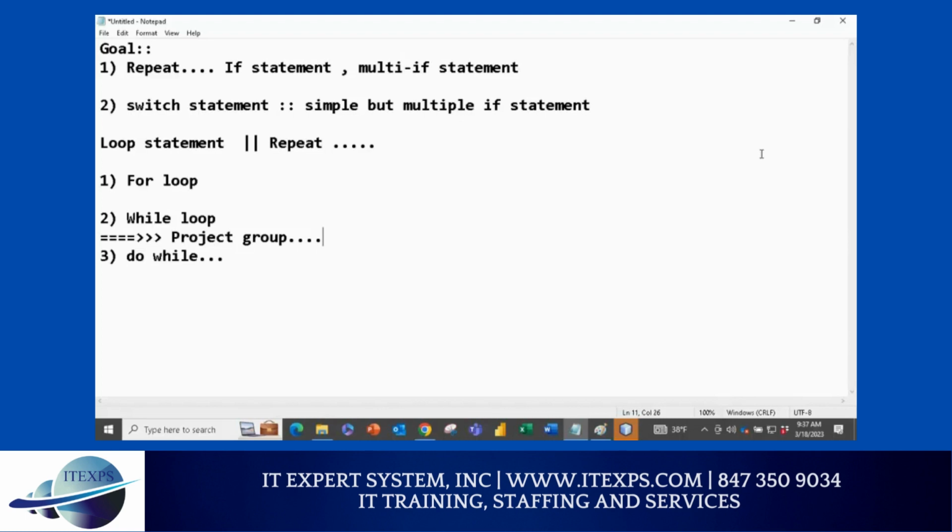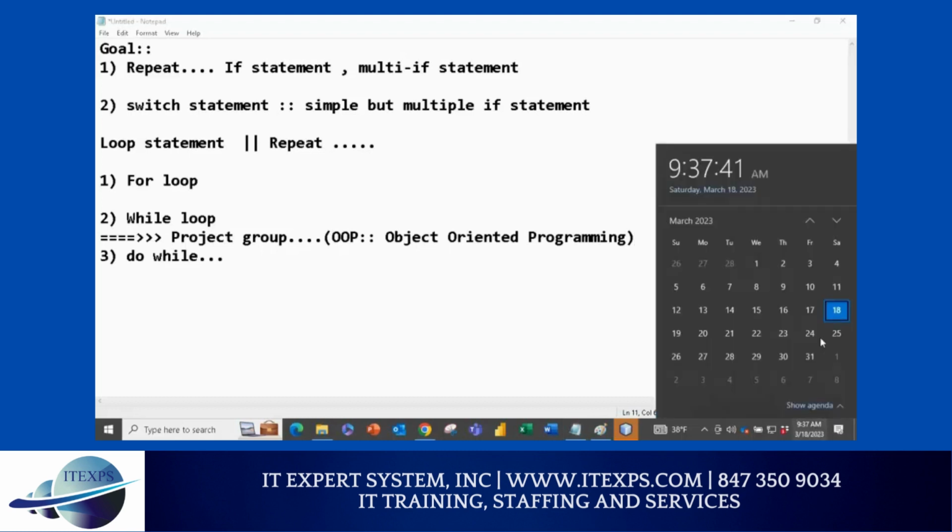But the project does require OOP, the concept called object-oriented programming. And this is going to take time. So if I do a mathematical model, next week I'm going to do arrays, functions and all. And then most likely on the 1st or 8th, I should be starting object-oriented programming. So if I complete object-oriented programming, then the likely due date for your project is April 15th. So you have enough time to work on it.